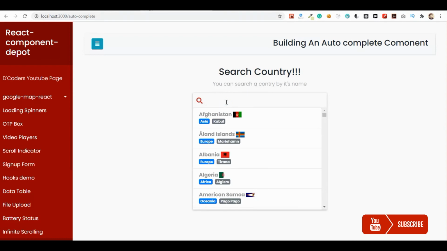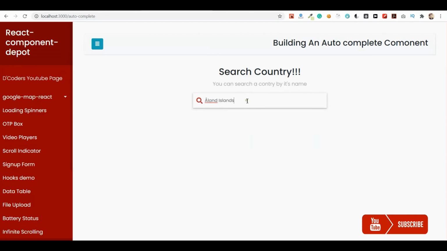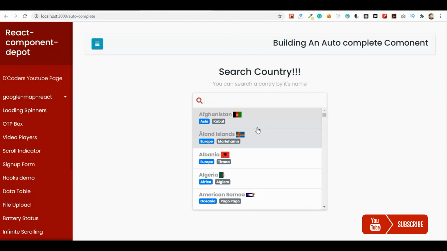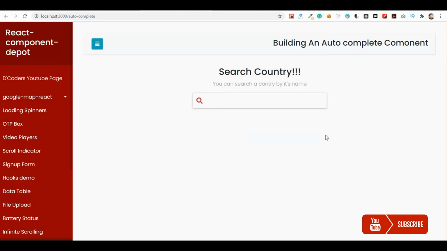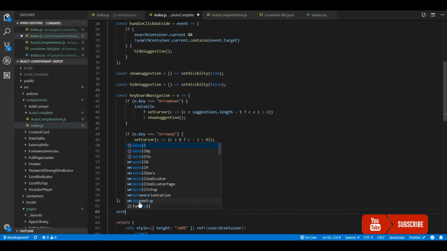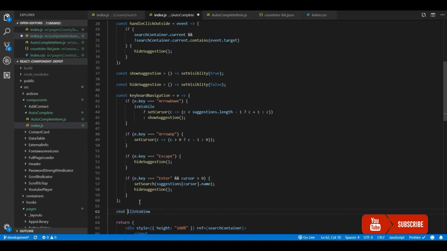Now whenever I click on it, we are able to see that, and we are also able to navigate through the list. Okay, but the list is not actually scrolling into view, it's hiding behind the container. So I will fix that in the next step. Whenever I click on enter or escape, it's clearing. Okay, so now let's add a scroll into view function, which will accept the position, and it will scroll the parent dropdown container to that particular item.